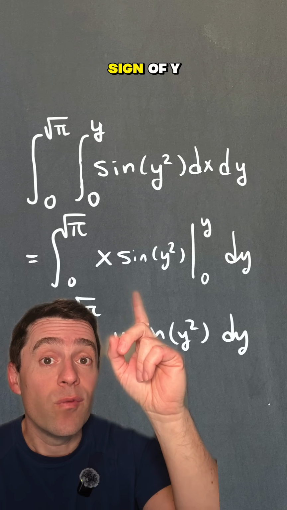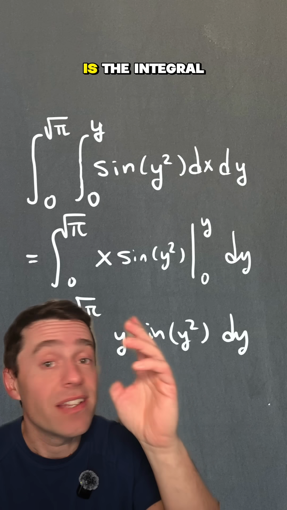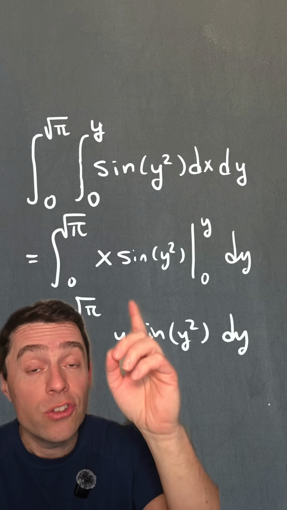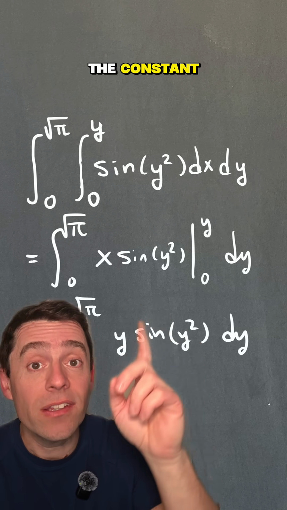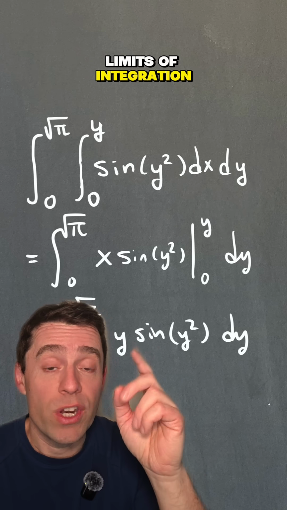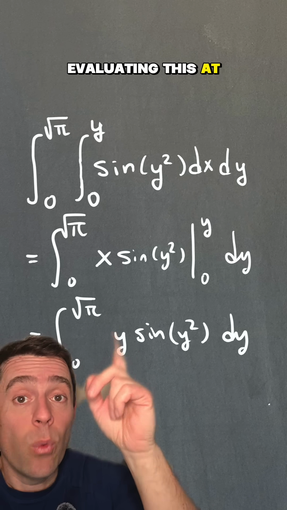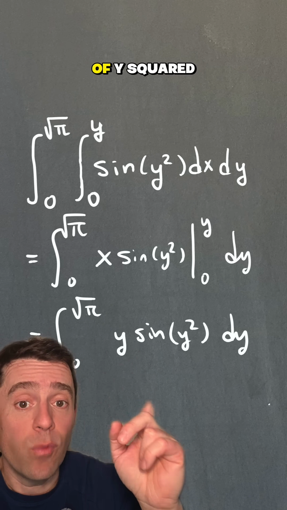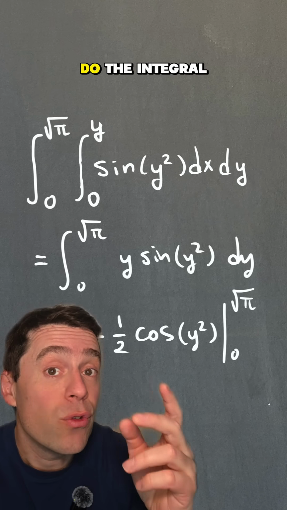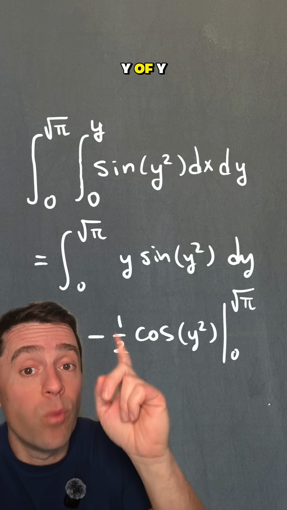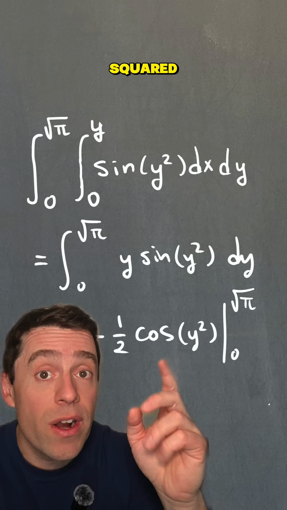The integral of sine of y squared with respect to x is the integral of a constant function, so that is just x times the constant evaluated at the limits of integration, so between x equals 0 and x equals y. Evaluating this at y, I get y times sine of y squared. And now we do the integral with respect to y of y times sine of y squared,